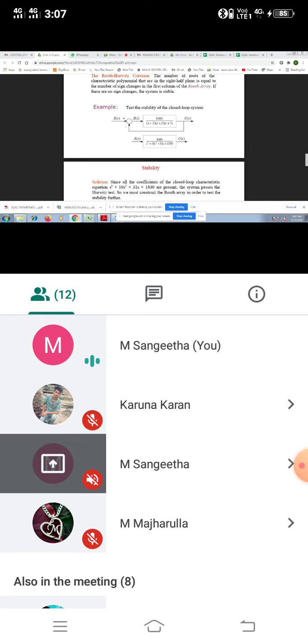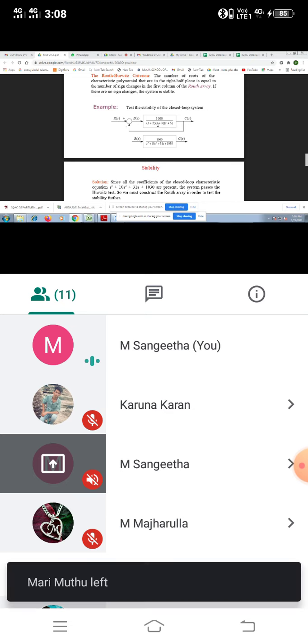Okay, S plus 2, S plus 3, S plus 5. You just multiply them together inside. You multiply this S into this S, this S, so we got S cube. Then this S multiplied with this 3, so 3S, this S multiplied with this 5, 5S. Okay, this 3S plus 5S got 8S.